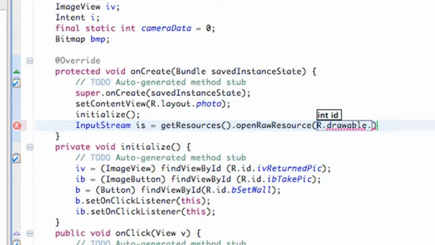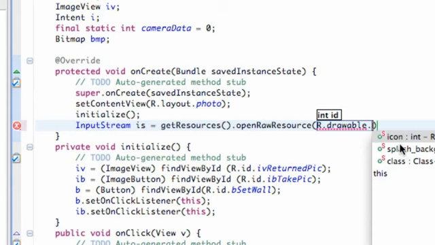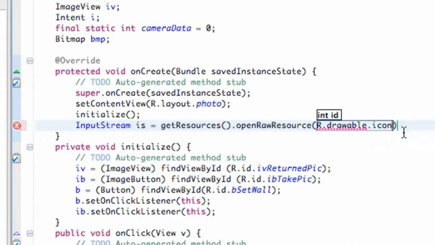R.drawable dot, and then we can pick an image that we want to set as the background if the person doesn't take the picture and just uses that set wallpaper button. So we're going to set their background as the icon, which is pretty lame. That'll teach them not to take a picture and set their background that way. So basically we set up an input stream,